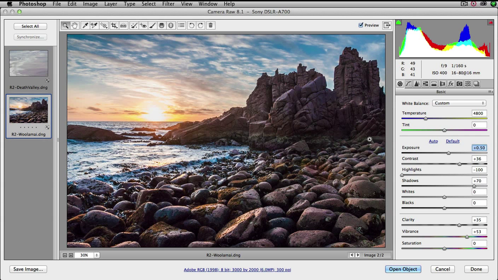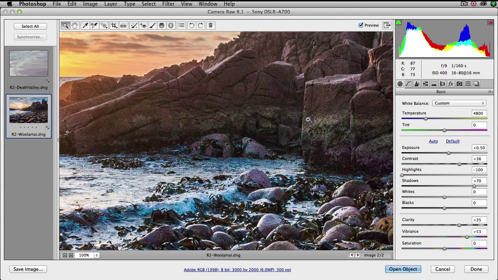Okay, once we've opened up shadows to that extent, it's quite likely that we're going to have issues with noise inside of those shadows. So I'm going to zoom into actual pixels, Command Option 0 on a Mac or Control Alt 0 on a PC, just to zoom in. And as I suspected, we've got some noise issues going on inside of this file,